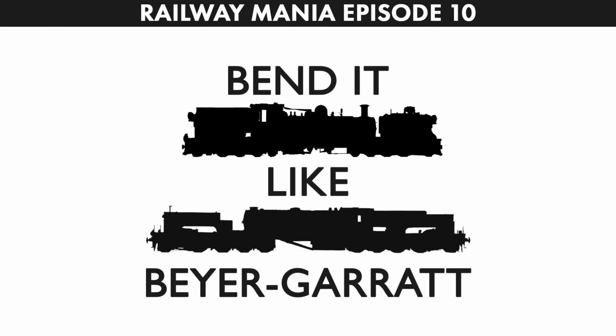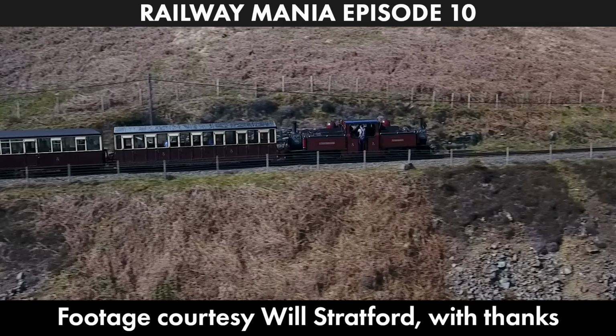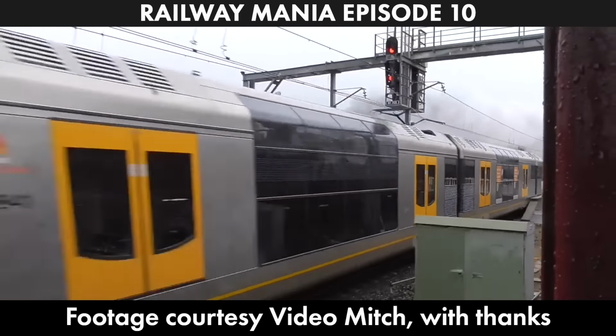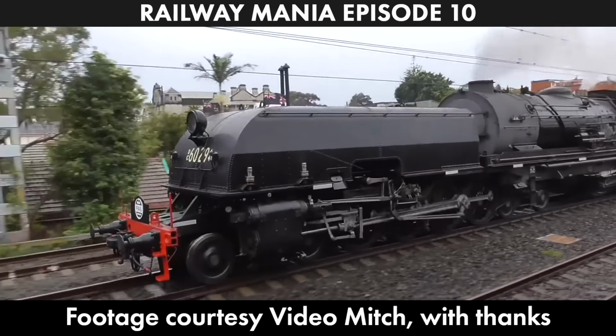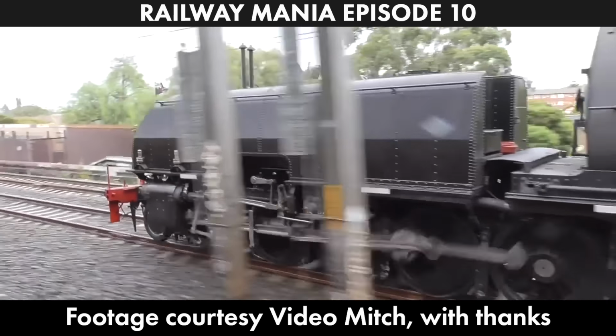This episode is very much a technical one, following on from episode 2's insight into articulated locomotives, particularly Mayas and Fairlies. This time we are looking at one of the most successful types of bendy locos, the Garratt. In case you haven't heard episode 2, let's start things off with a quick recap on why articulated locomotives were